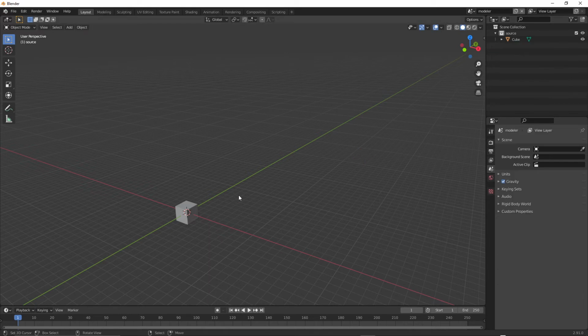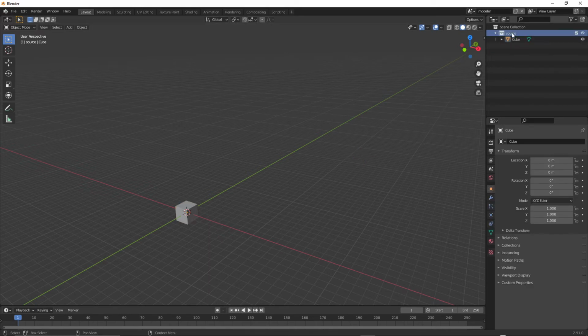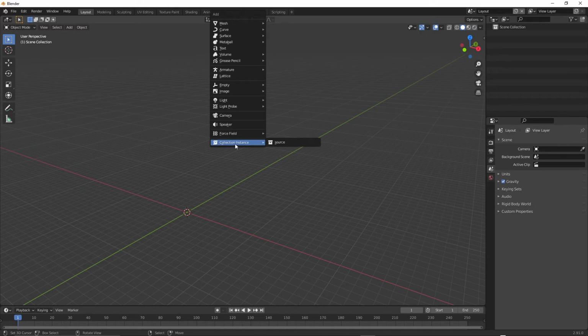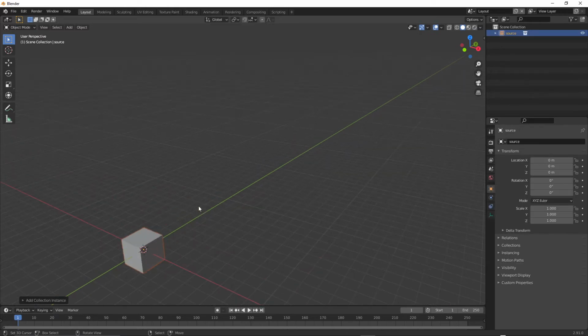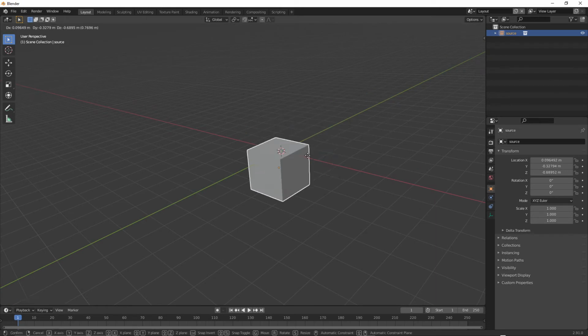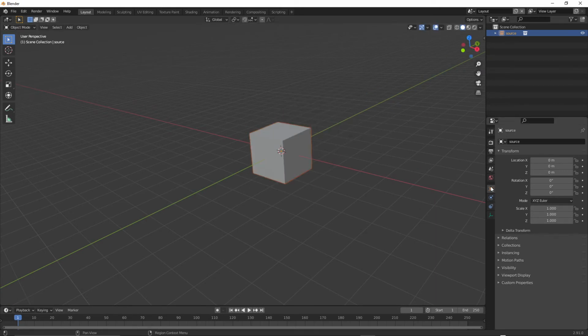That's just a cube now. So in Modeler we have this cube, right? In this source instance. Now we're going to go to Layout, and we have Shift A, and we can add collection instance source. It could be called cube or whatever, but now it's just this cube, and this cube can be moved around, but you can see there's no way to add modifiers to it,